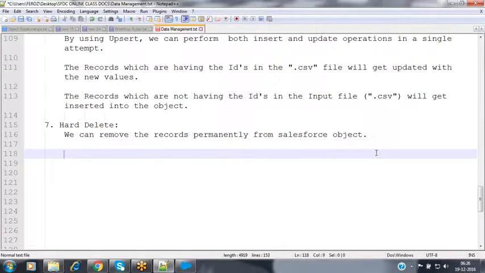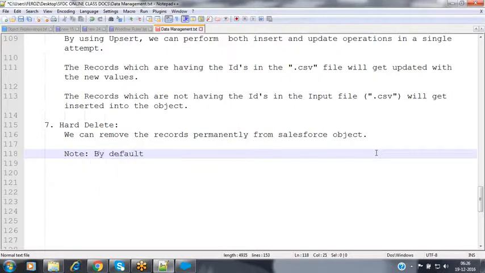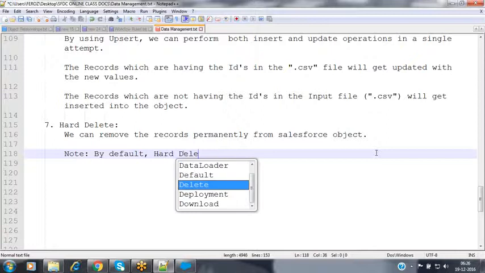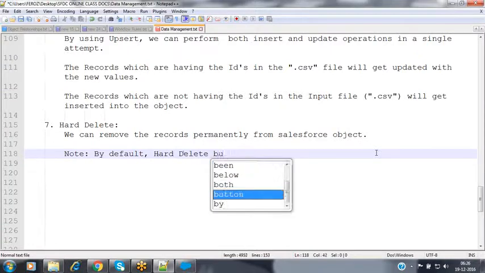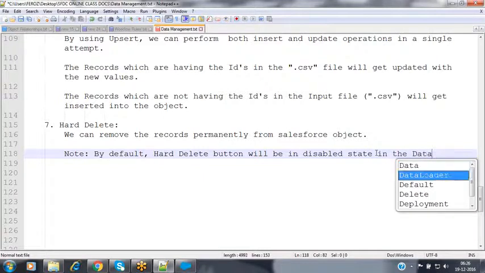Now let's see. By default, the hard delete button will be in a disabled state in the data loader.